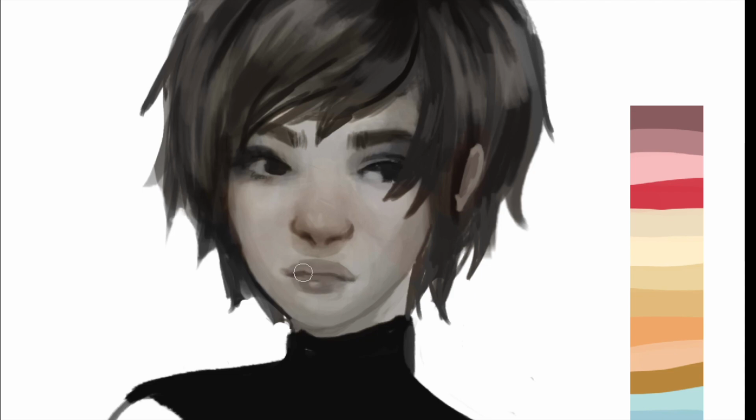So what I did beforehand, as you can see on the right, is I made a little palette bar, because in Photoshop it's a little hard to pick colors naturally, and I wanted to have it full screen, so I picked out a bunch of colors that I thought would be in his skin. Then I used a soft light layer above the grayscale layer, and I just kind of put in colors where I thought there would be red around the nose and cheeks, and then the rest of the skin is kind of peachy.